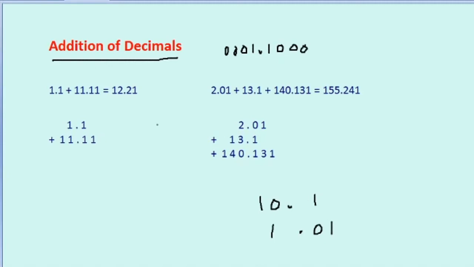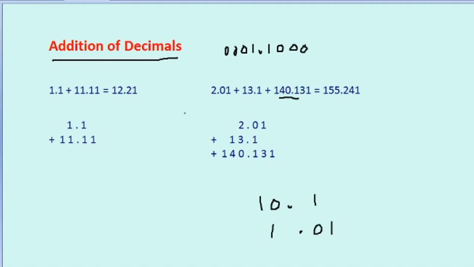Now next, one more thing. After the decimal point, we should say the numbers digit by digit. Like here, I will say eleven point one one. You should not say eleven point eleven. Here it is twelve point two one. You cannot say twelve point twenty-one. That is the wrong method of saying. In this number, it is one hundred forty point one three one. You cannot say one hundred forty point one hundred thirty-one. No, that is wrong.